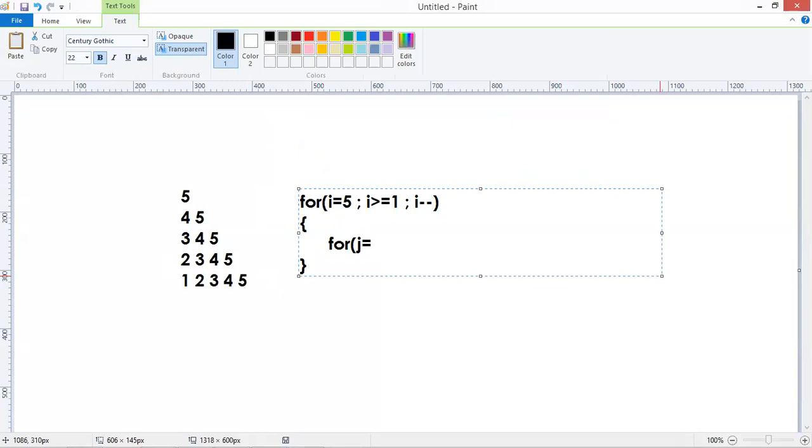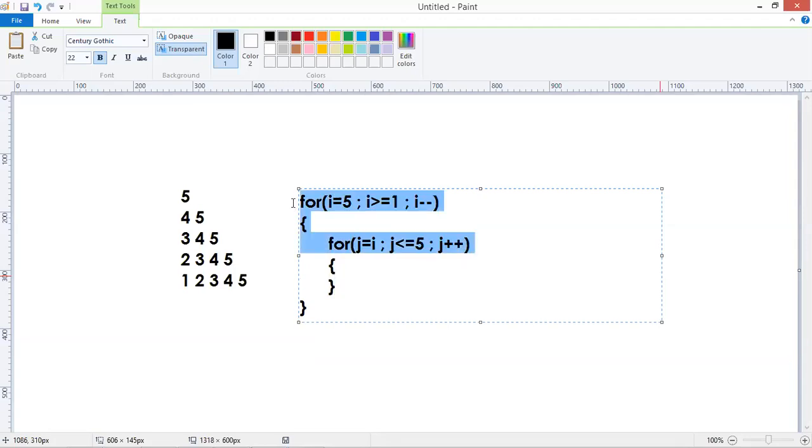What is that J? The J value starts with I, less than or equal to 5, because every time it will repeat up to that 5 only. J plus plus. Like this it will execute.